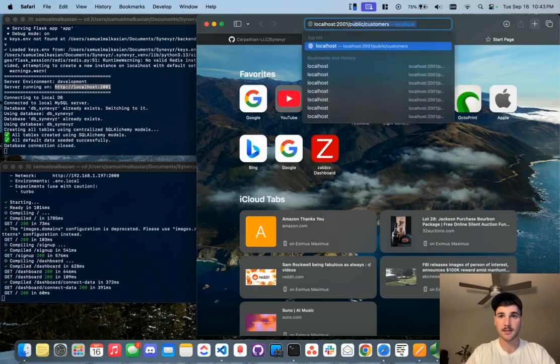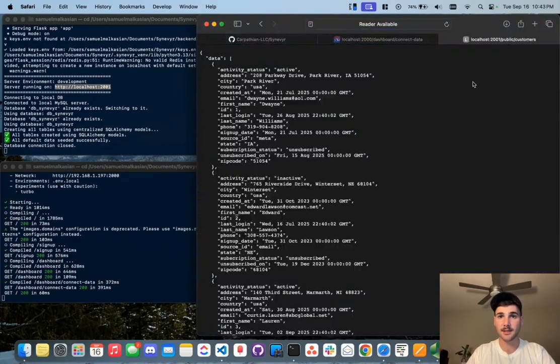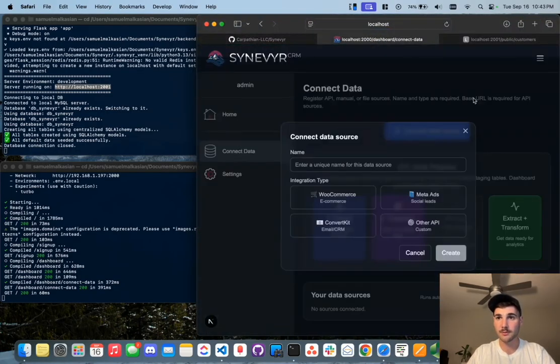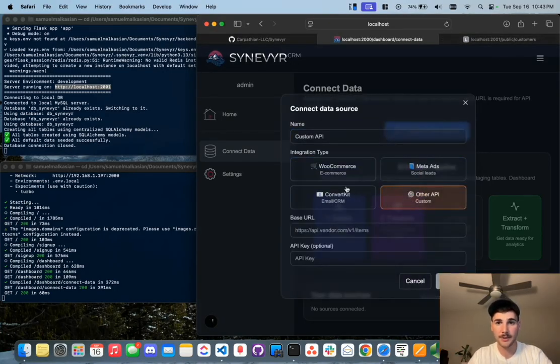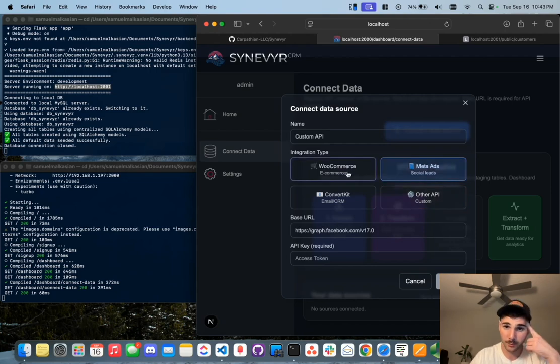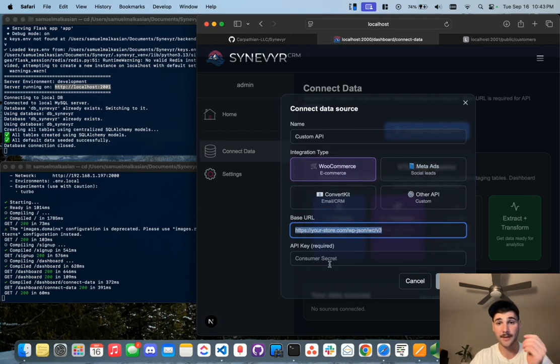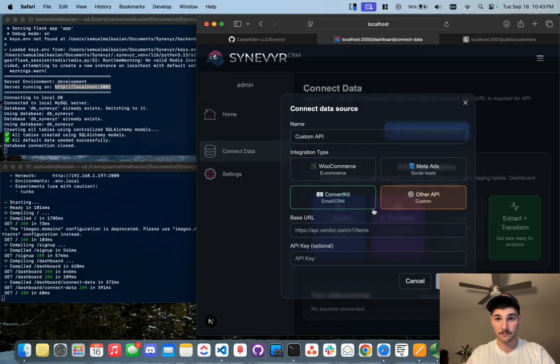Just for the sake of simplicity, I'm going to open that other window there so I can just copy and paste it. So we're going to, in this case, use other API. In an ideal world, if you select one of these, it's going to automatically populate part of the base URL, and then you have to put in your secret key. This is going to load the data into tables that fit the form of that data. In our case, since this is one of our own localhost API,